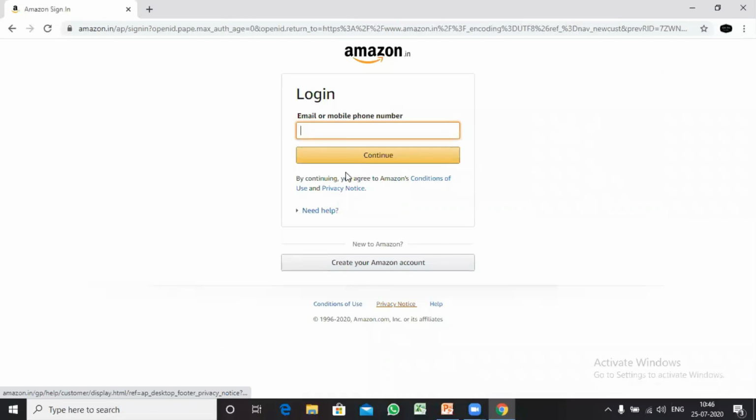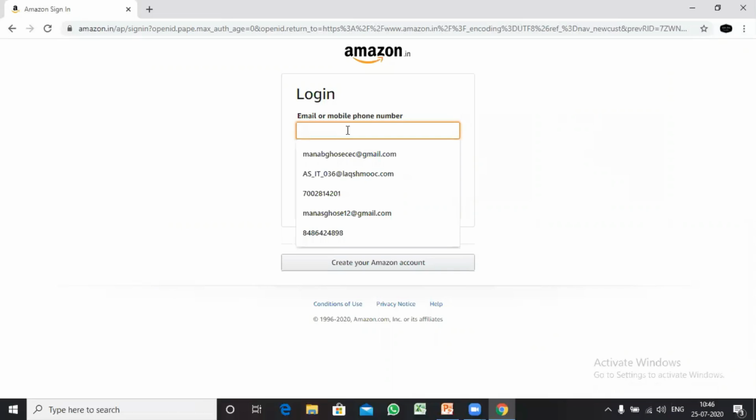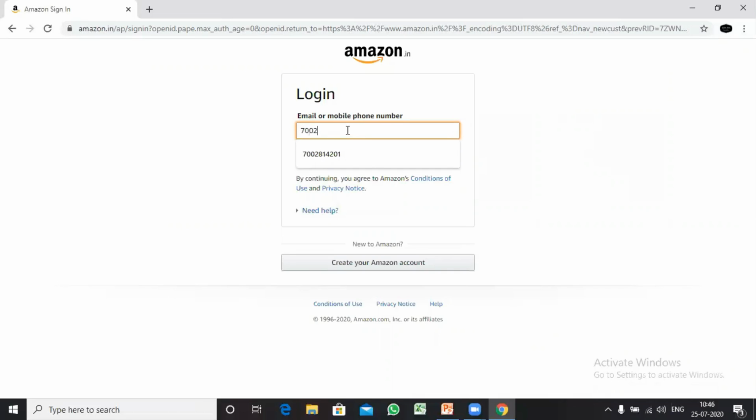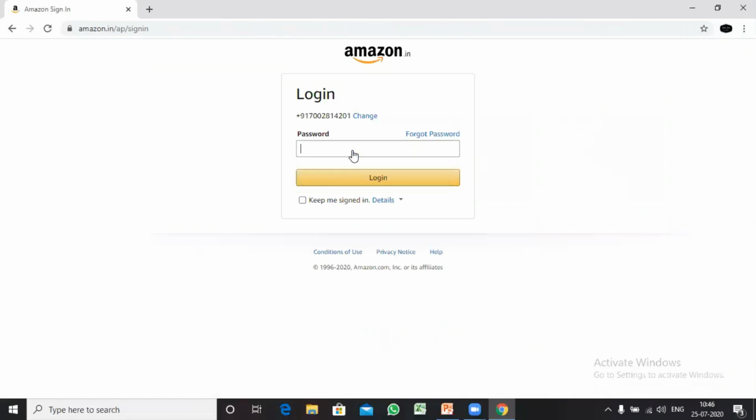So now I have to sign in. I have to enter my phone number and click on continue, and now I have to enter my password and click on login.